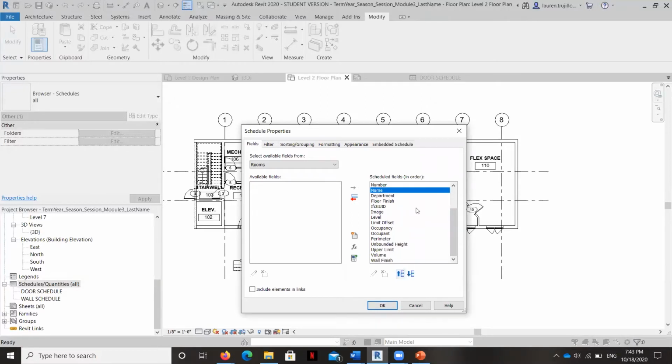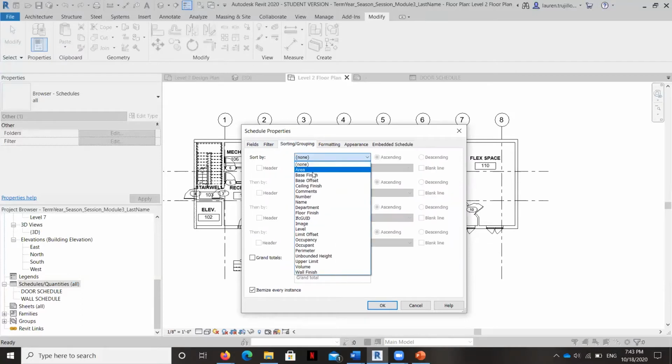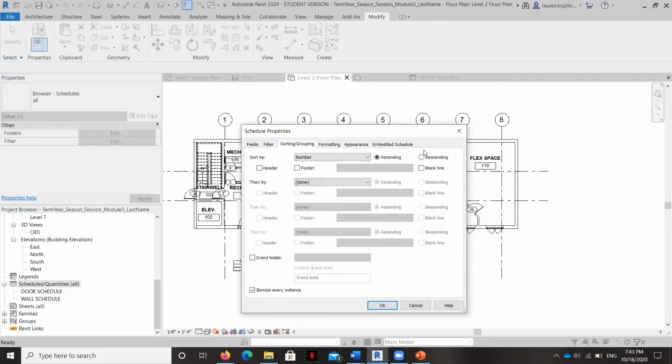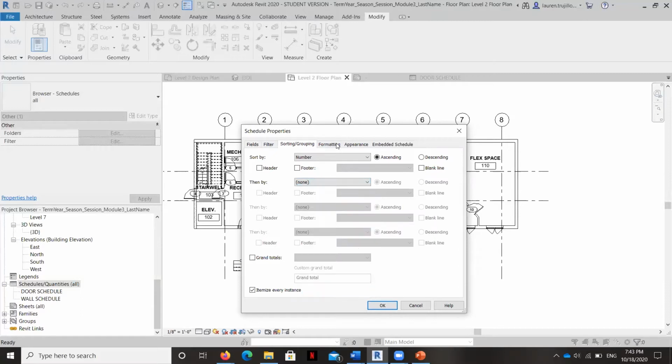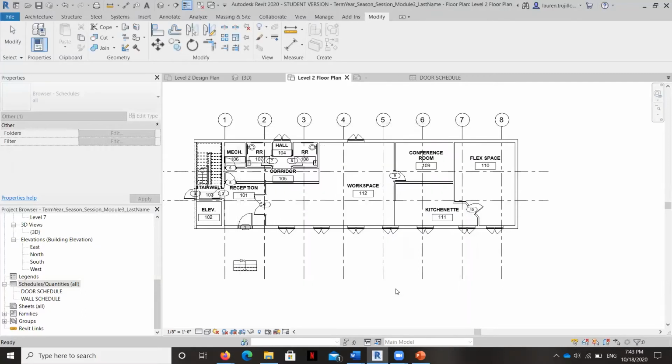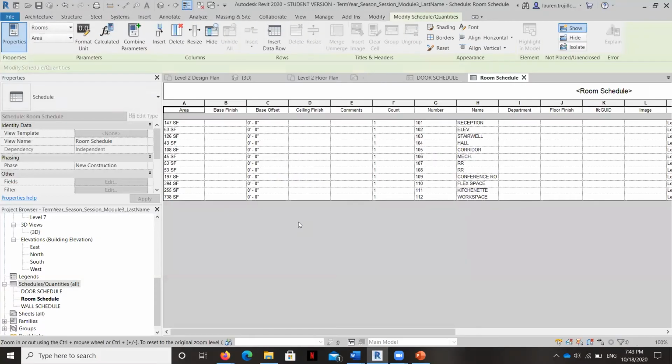I want to sort based on room number in ascending order, and after that I don't think it really matters. Okay, let's go ahead and hit the OK button and see what information reveals itself on the schedule.